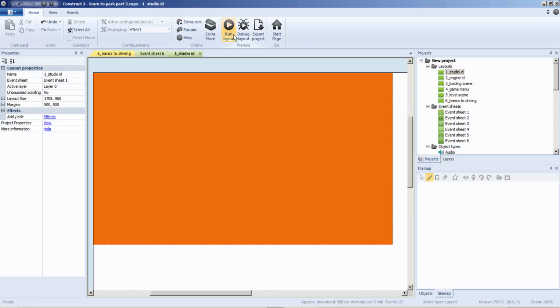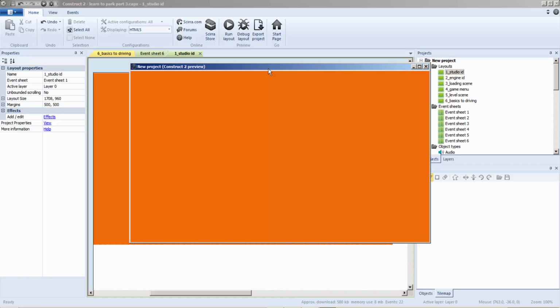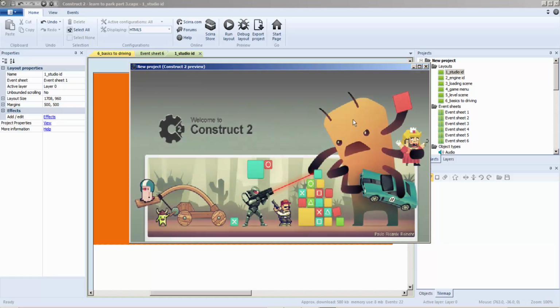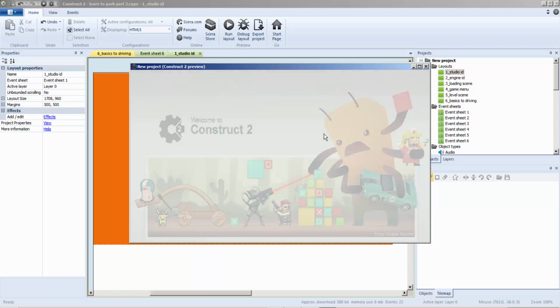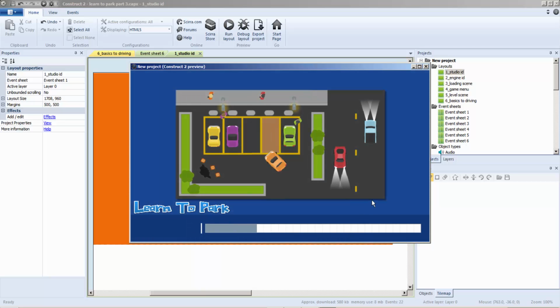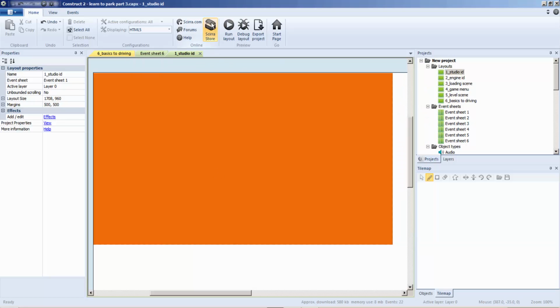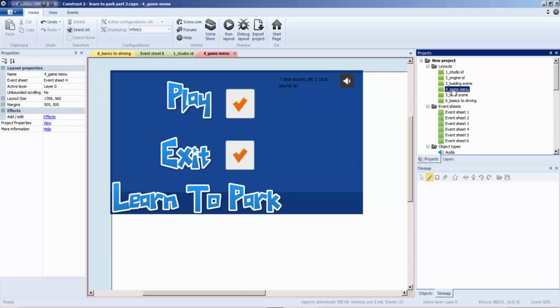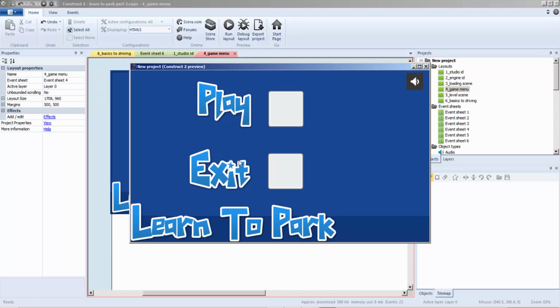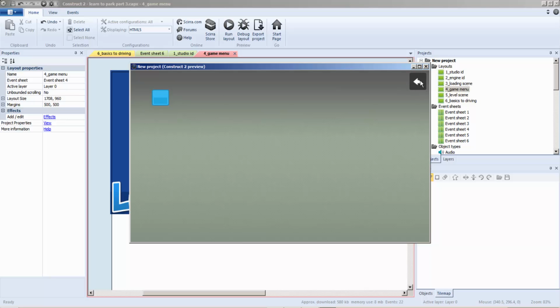So this is what we're going to have. We're going to run the layout, the studio ID, which you can change to anything, the Welcome to Construct 2 logo, the loading, the menu, the ability to mute it, the play, the exit button that now works. And we'll just skip ahead to the game menu, see now. The play, the back button,